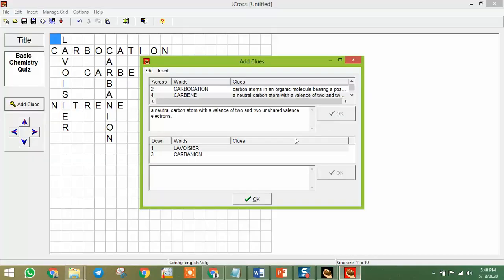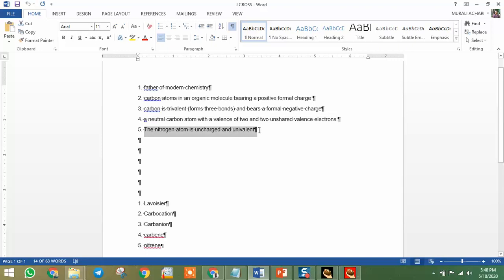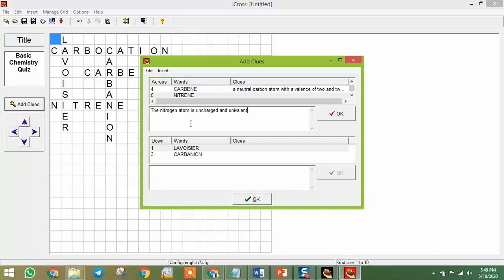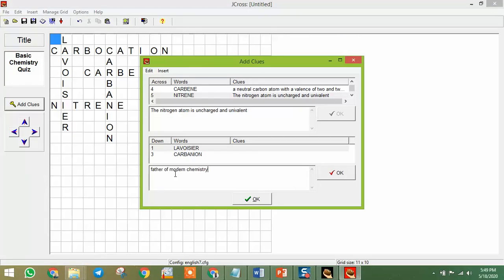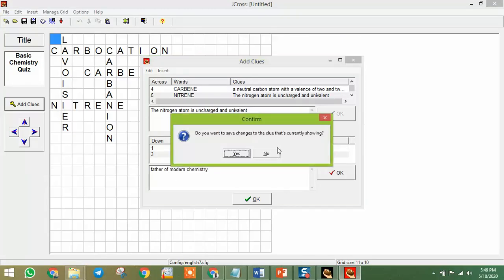Yes, there is another one, nitrine. So let us add to this. Okay, then again go to down. In this down you have another word, Lavoisier. So get this Lavoisier. Then another one.